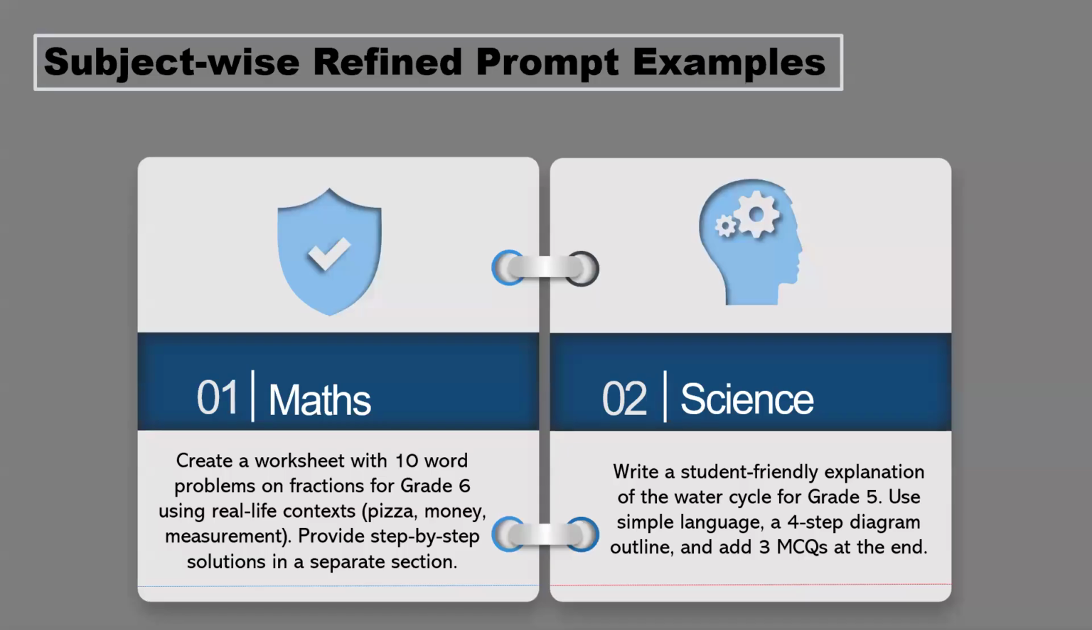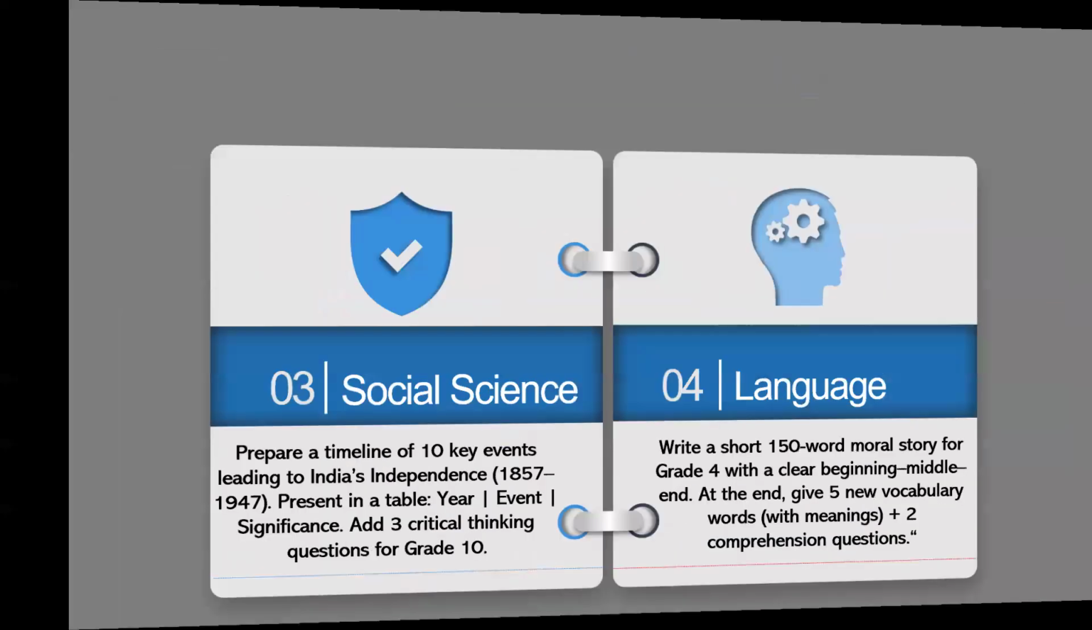Number 2 is the science. Write a student-friendly explanation of water cycle for grade 5 using a simple language. A 4-step diagram, outline, and add 3 MCQs at the end. These are very specifically defined. These are refined prompts for your information. These are samples that we can say will give you exactly what you need